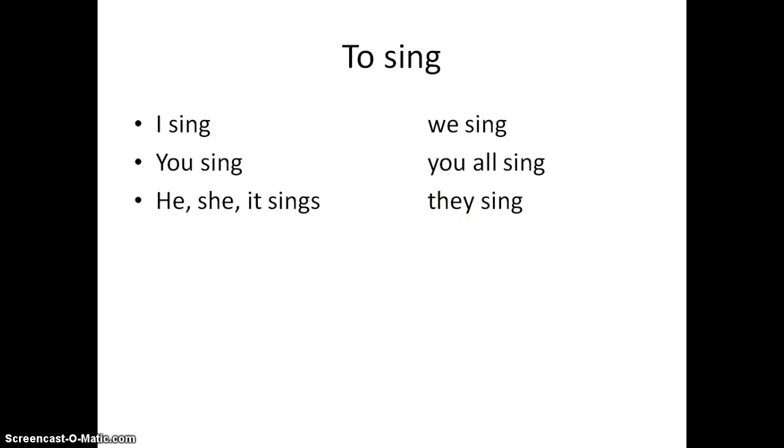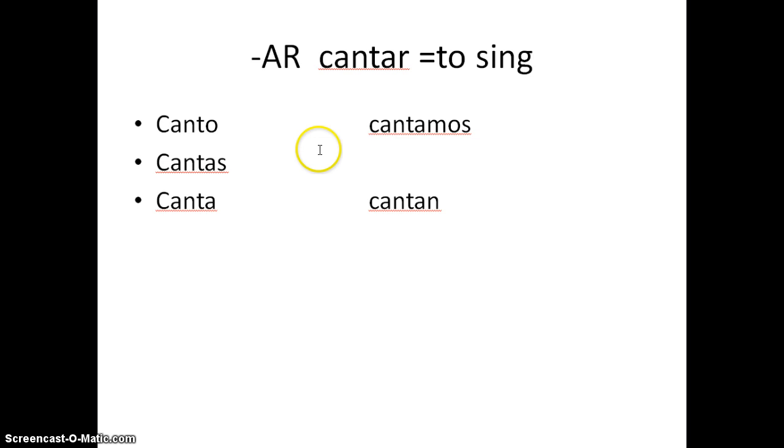However, if you noticed in Spanish, if I put all of the conjugated forms of a verb like cantar, which means to sing, you will notice that none of these forms look alike. Therefore, if I simply say canta, I already know it must be third person singular. So the subject here is either he, she, or it, or usted. For this one, there's no other form that looks like it. So this has to mean you, or tú, you sing.